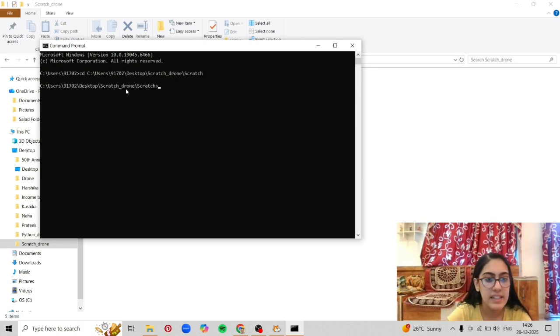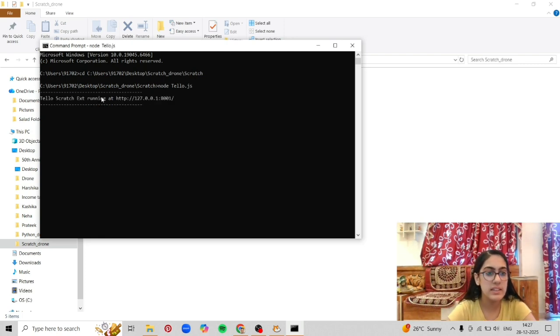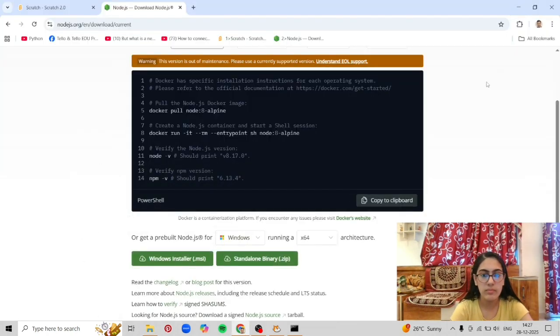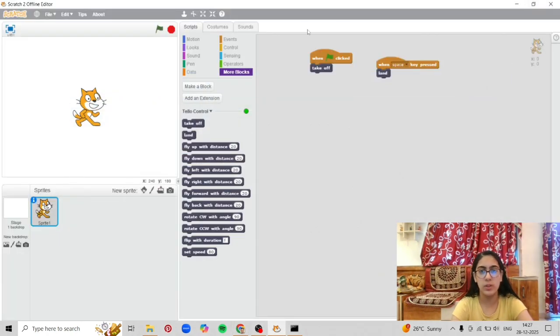Now you'll see scratch underscore don slash scratch, which is the place where we have our Scratch folder. Now we write node space tello.js. We press enter and we will see that it is running at this local link. Now we can minimize all this and go back to our code.